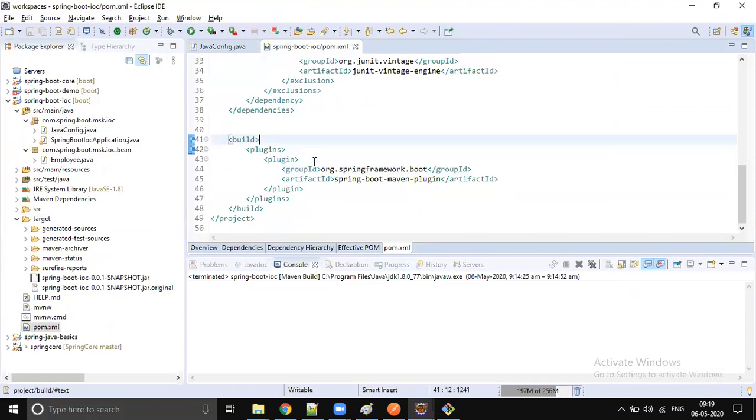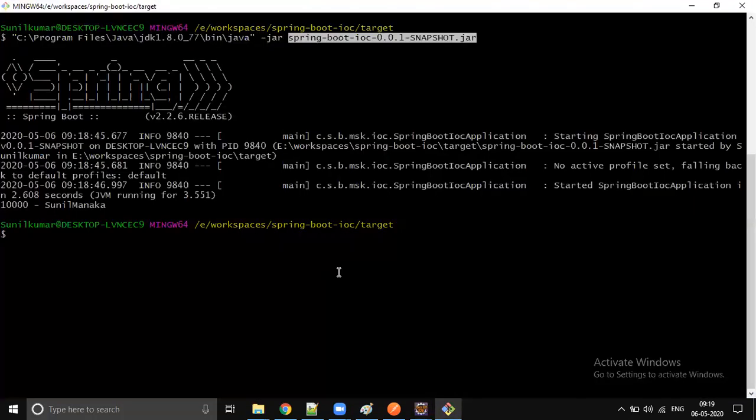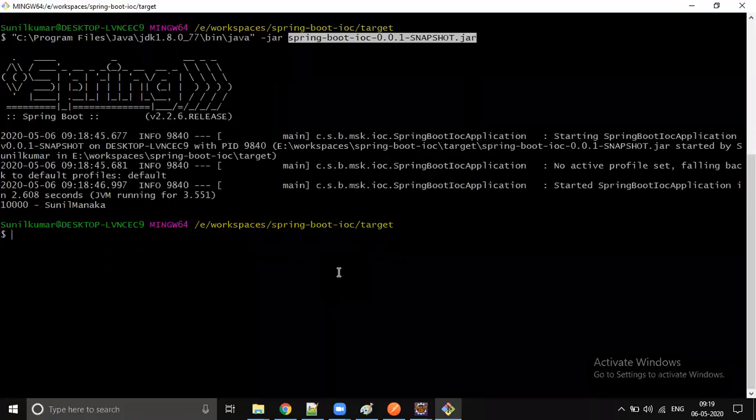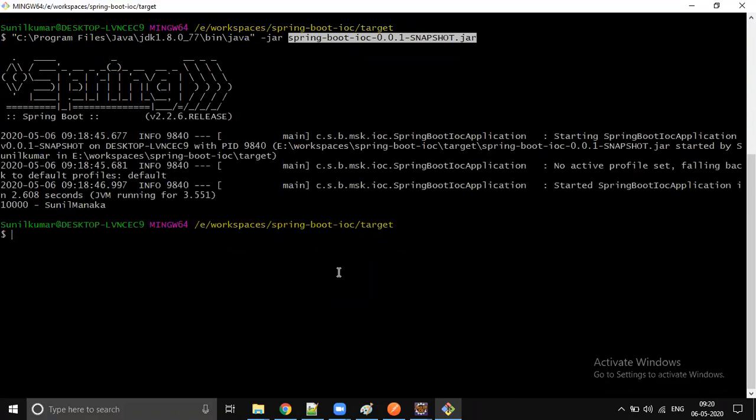In the pom.xml file, just run your maven command clean install. Then there is a fat jar file, right? Some MBs in size. Why is it so big? Because it's going to have everything wrapped, right? It's going to have all the dependent jars, executable jars, everything wrapped inside the jar file. You just copy the jar file wherever you want to, and you just deploy, right?